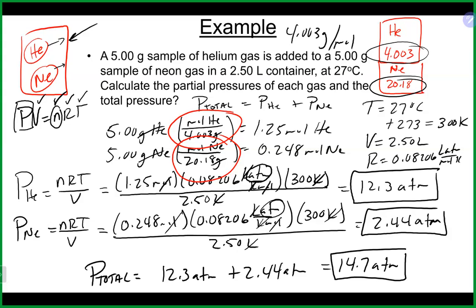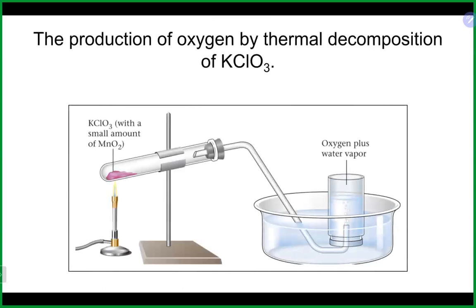Any questions on partial pressure or this type of partial pressure problem? So really it's just an ideal gas law where you do it for each gas separately and then add them together to get the total pressure. Obviously, if you're given the total pressure and one of the partial pressures, you could figure out the other one by just subtracting and stuff like that. There's also another situation where partial pressures come into play, and let's talk about that situation,